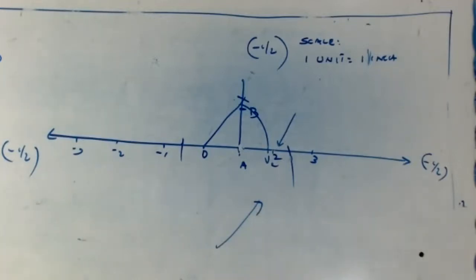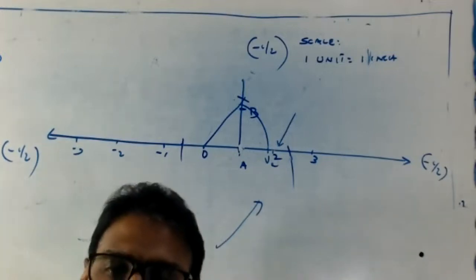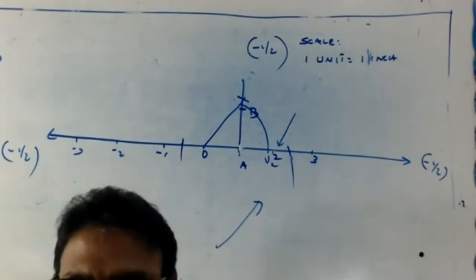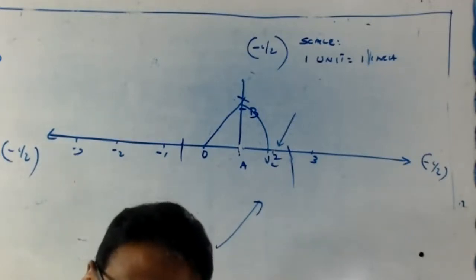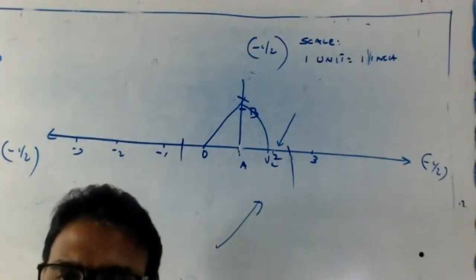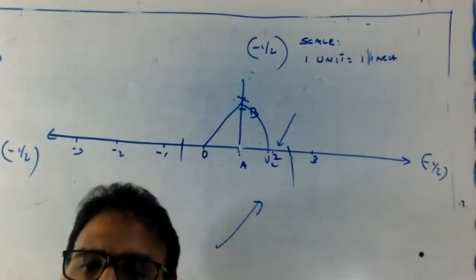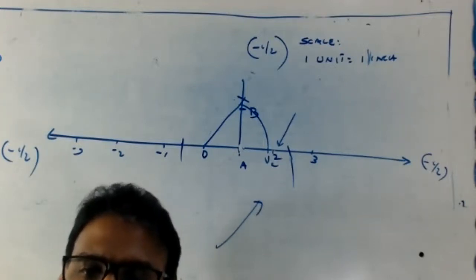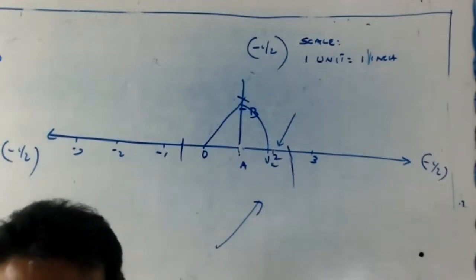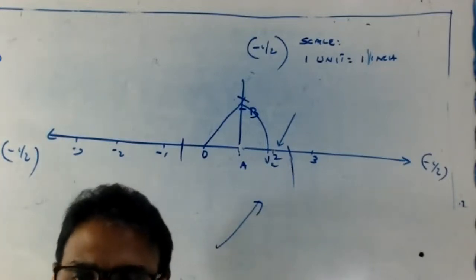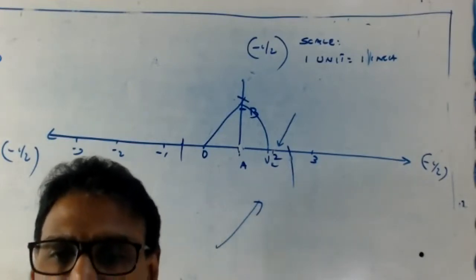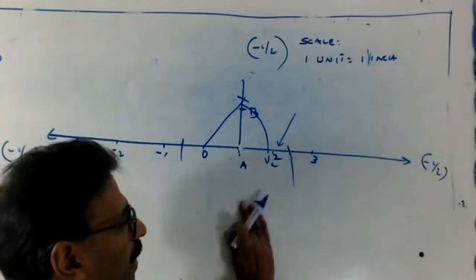Then write the steps of construction. Look here, these are the parts of the construction. First you write the given: draw root 2 on the number line. Root 2 on the number line. You write first required: root 2 on the number line. Then write steps of construction. Then construction. Then justification. Justification is only this one, the Pythagoras theorem part.